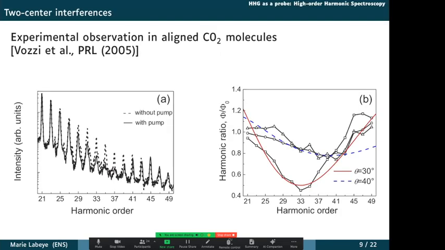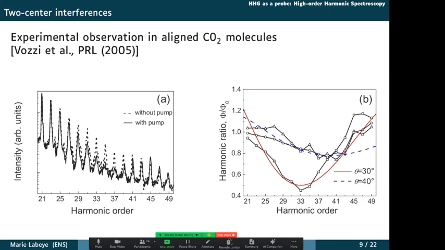So I'll try to illustrate this with a specific example. It's a very broad field, of course, high order harmonic spectroscopy, but I'll illustrate this with what is called two-center interferences in HHG. That is an interference that we can see either in diatomic molecules or in molecules, actually CO2, even though it's not a diatomic molecule, but the two oxygens act a little bit like the two atoms of a diatomic, because the highest occupied molecular orbital has two lobes that are kind of centered around the two oxygens.